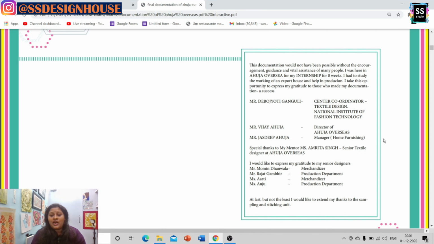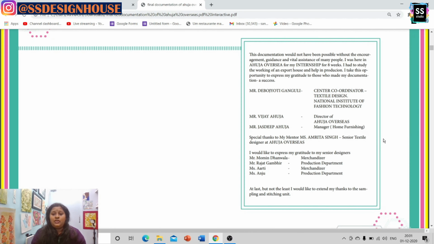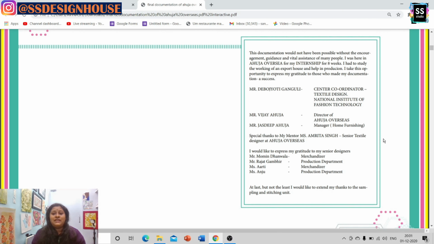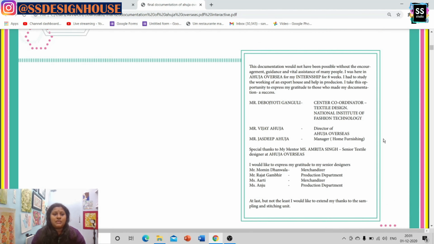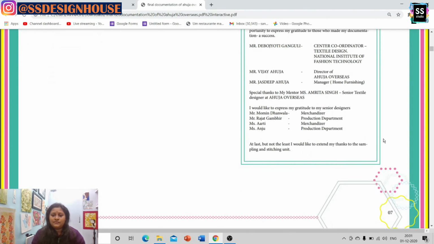Also the director of Ahuja Overseas, and the manager of the Home Furnishing Department. Also, earlier I have given my acknowledgement and gratitude to the center coordinator of the Textile Design Department of NIFT, Mr. Debojyoti Ganguly. It is very important to mention your department center coordinator's name. Again, this was my page of acknowledgement, as you can see.